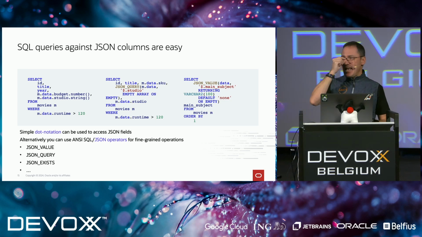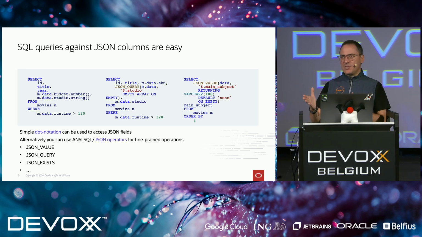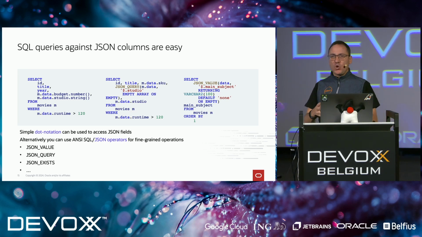We can cast the values of these JSON properties into specific data types, because again, a JSON document is just character data, but some of those properties we would like to be interpreted as a number, as a string, as a Boolean, or something else. So we have access to these functions, number, string, and whatnot, to ensure that the data that we're reading is coming in the right type.